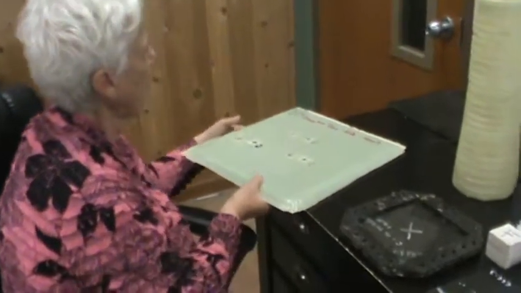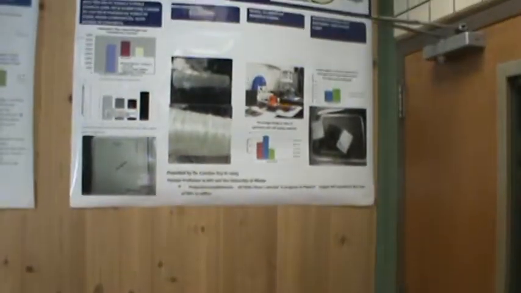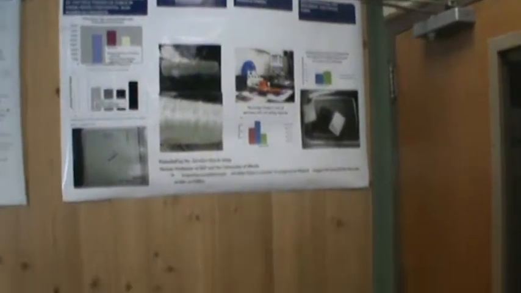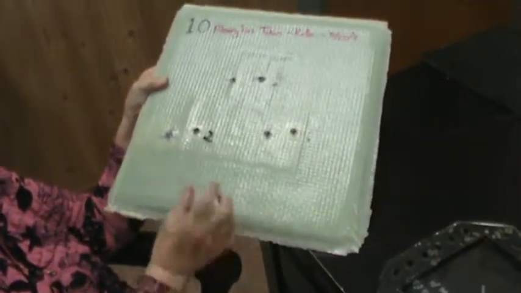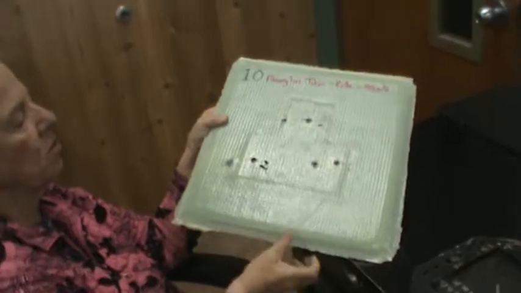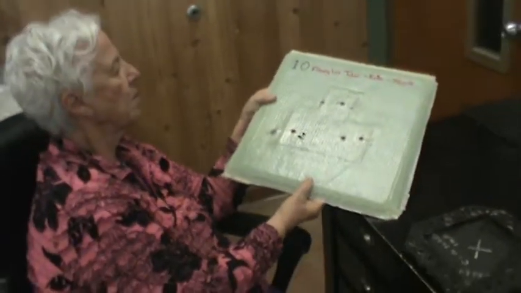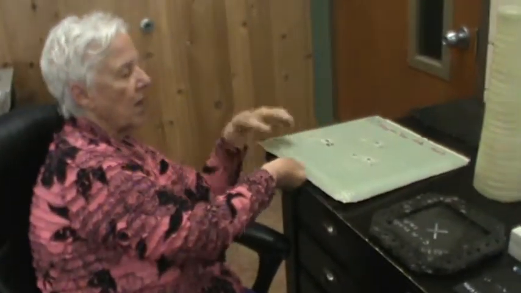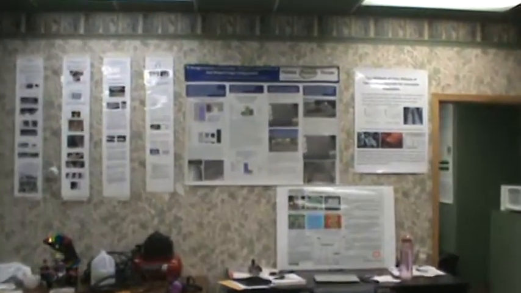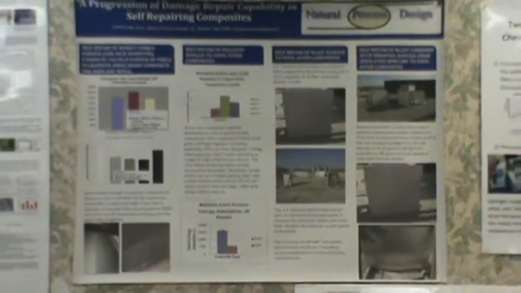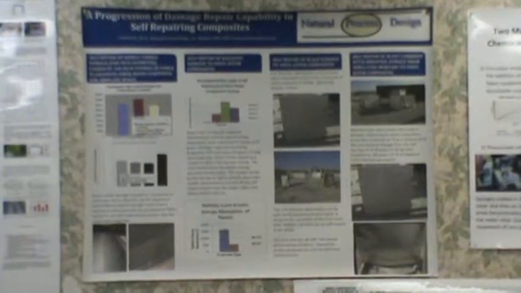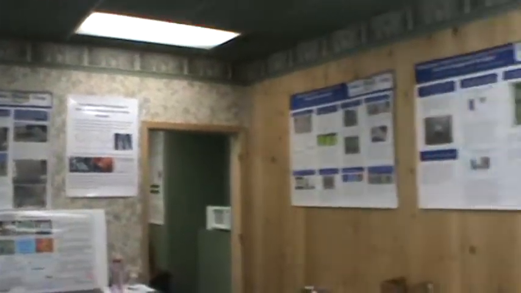Then again, still in self-repairing composites, we did a project. This time it was for the Army, and it was, as you can see in that poster up there, we were doing self-repairing composite panels, and we shot them to show that they could self-repair, especially when you got the shots close to each other. You could really see the self-repair material. And then if you focus over on that poster over there, you can see that on the right hand side, we actually blasted these panels and tested them. So we're down to self-repair,